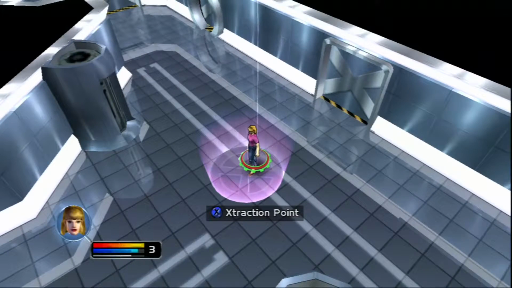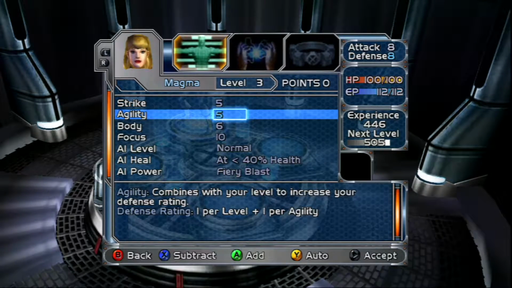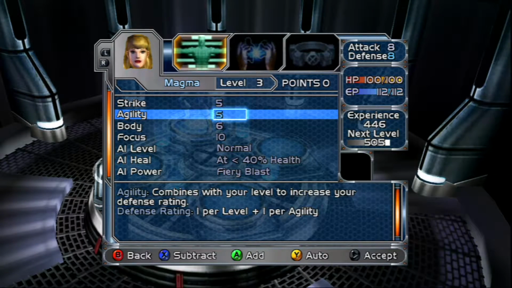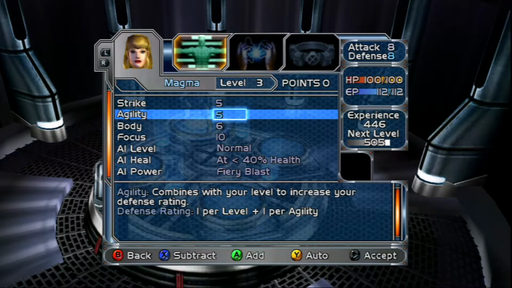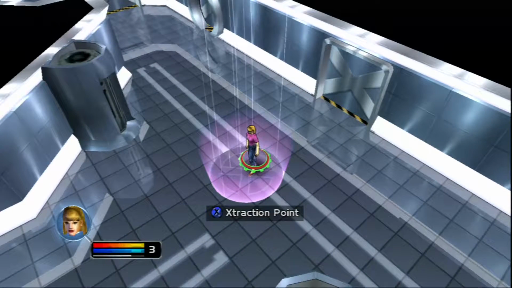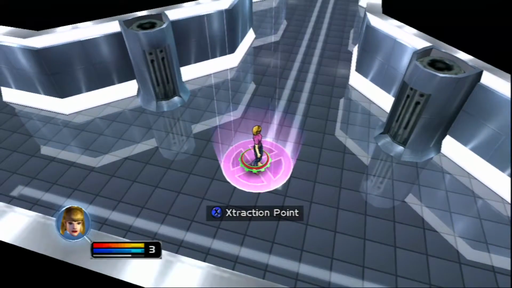Okay, start. Agility and defense are not the same thing. What? Agility and defense are not the same thing. Yes, I know, but agility informs defense. Here. It was in here somewhere. Defense rating, 1 per level plus 1 per agility. Alright, so it's fair enough. It's literally half of her defense. Anybody's defense, I mean. Okay. All we have left to do here...